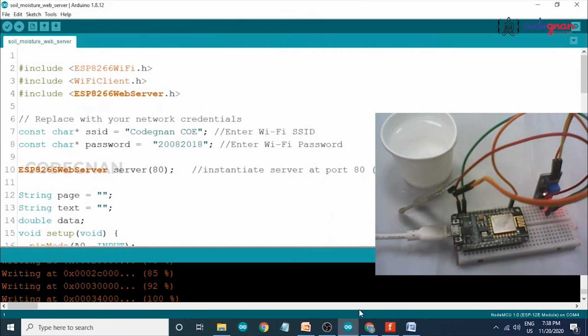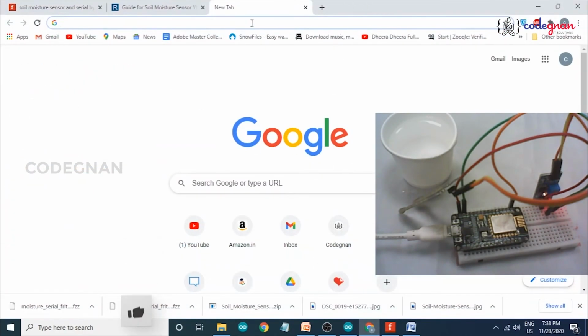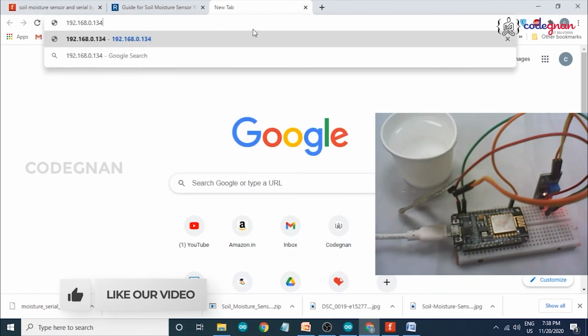Go to our browser, paste it here and click enter.